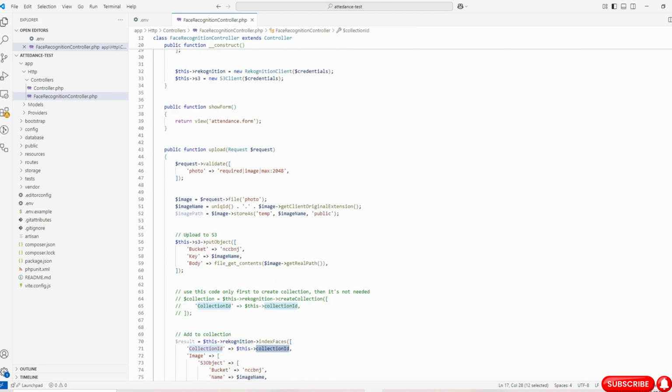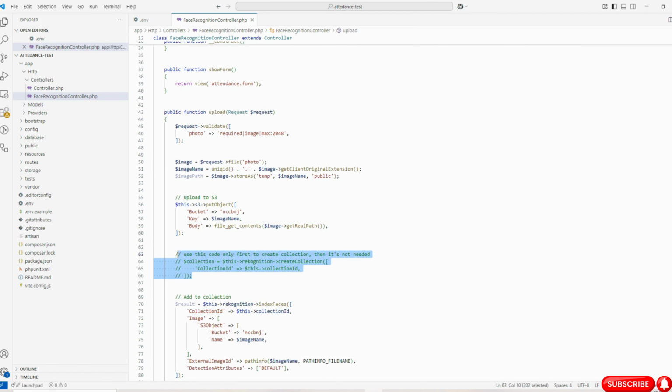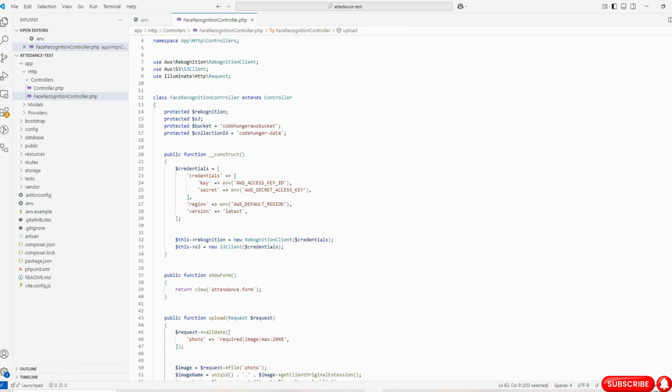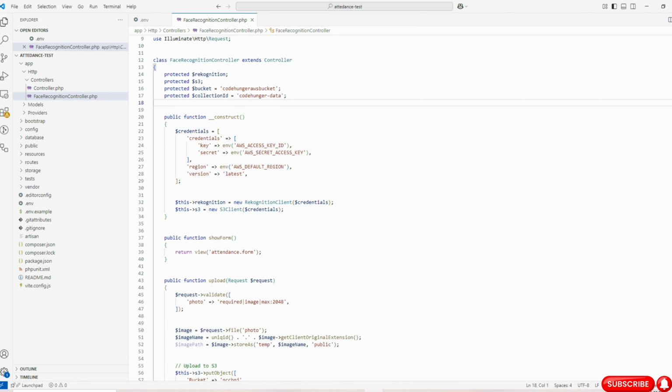In case of collection ID, you can create the collection using this code. I will explain it, don't worry. So right now just think that we have created 4 global variables here,